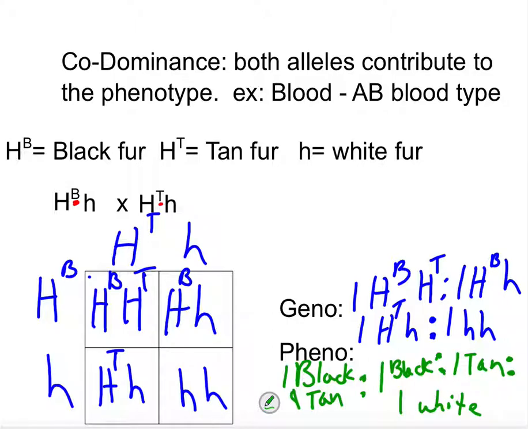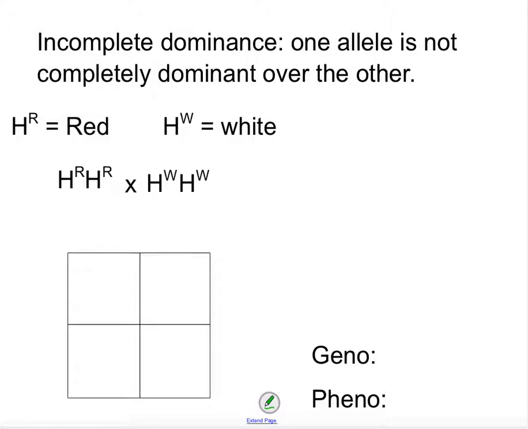Well, now what about incomplete dominance? Incomplete dominance is when one allele is not completely dominant over the other. Here we have an example. We have H^R equals red, and H^W is white. So we have two parents here, H^R H^R, and homozygous dominant white. So when I do this, just like before,